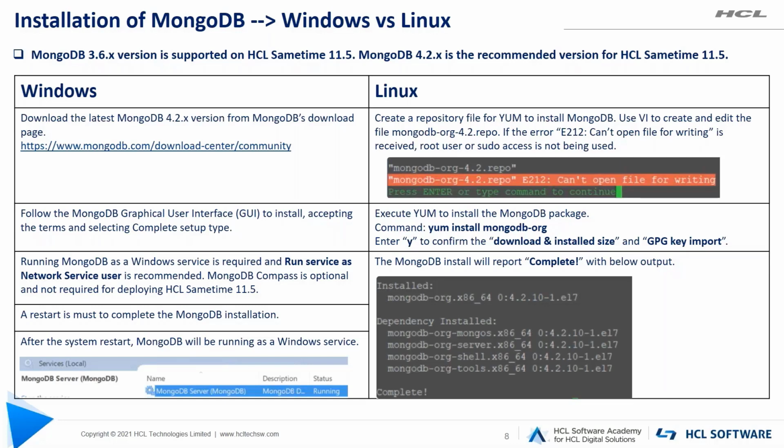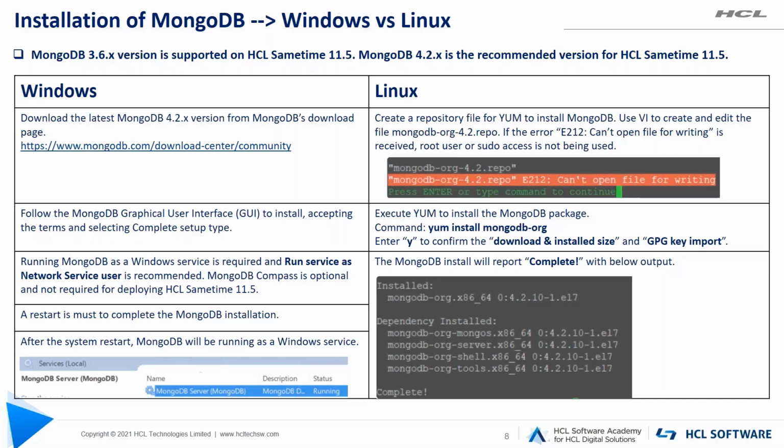Coming back to Linux, you just have to create a repository file for yum to install MongoDB. But while saving the repository file, if you receive an error that it can't open the file for writing, that clearly indicates that you are not logged in as a root user. So just log in as root, save the file, and execute yum. It will ask you for details and confirmation.